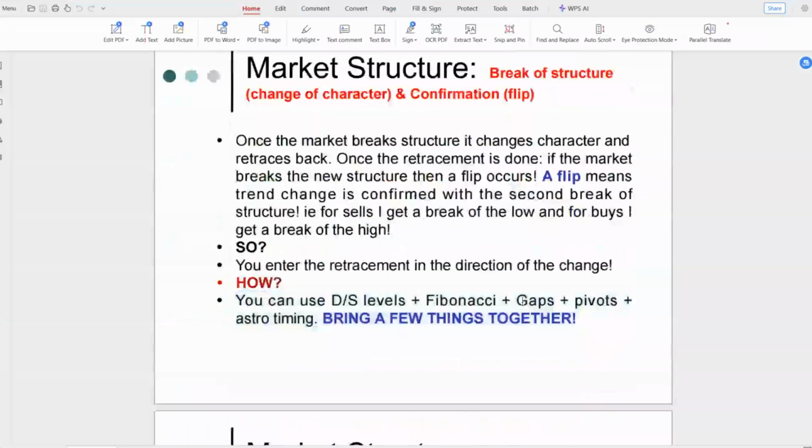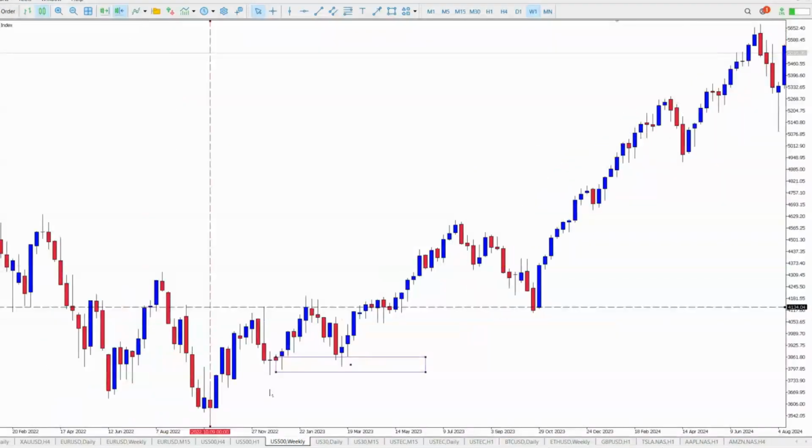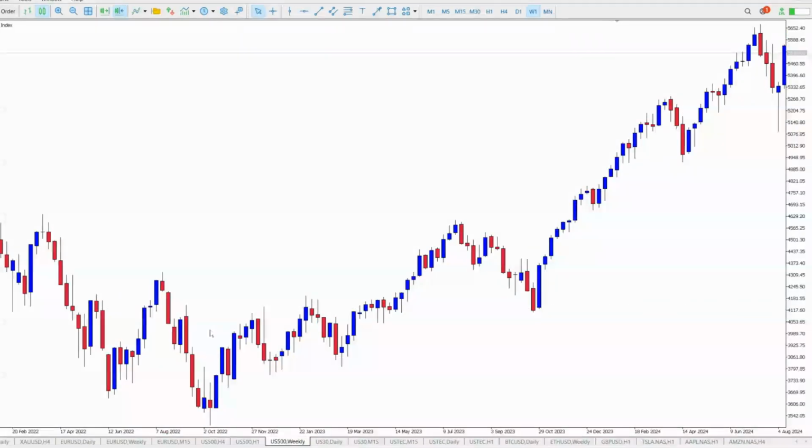Fibonacci retracements, gaps, pivots yet. Okay, however, this is worth mentioning here. Once the market has made a significant push, it came back and made kind of a higher high. Normally, we're checking this high to be broken, but